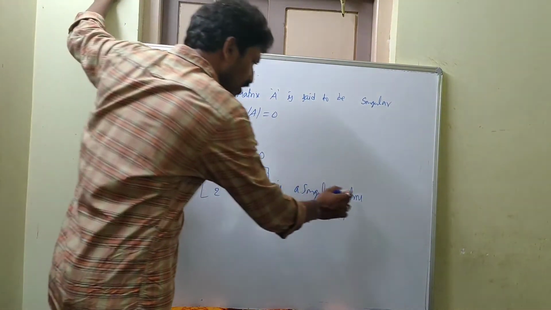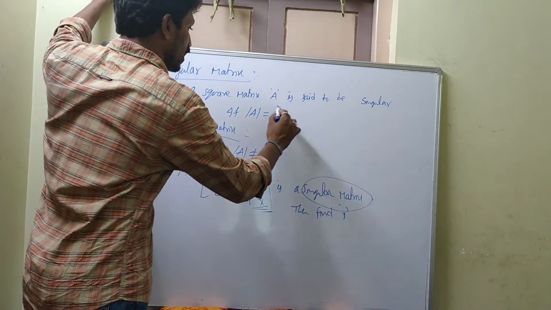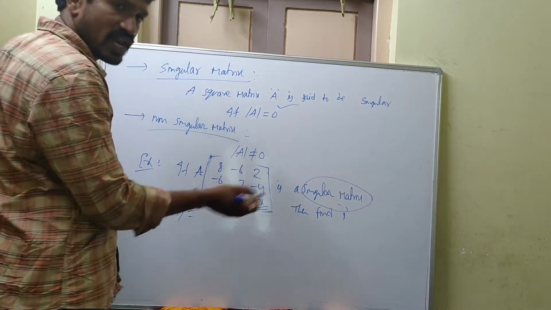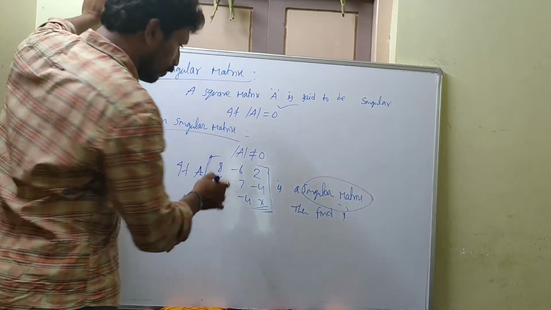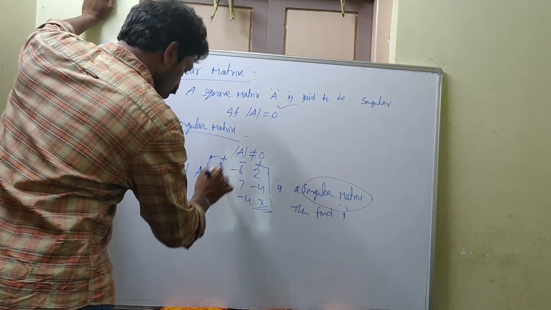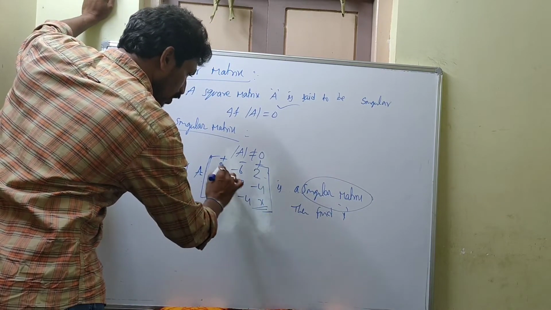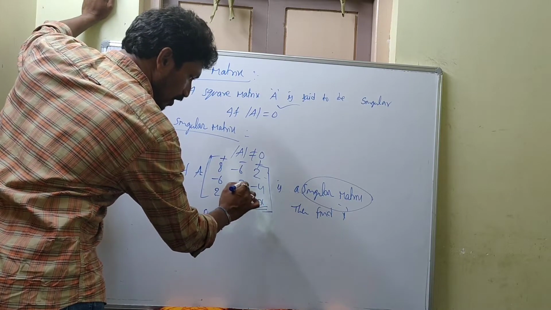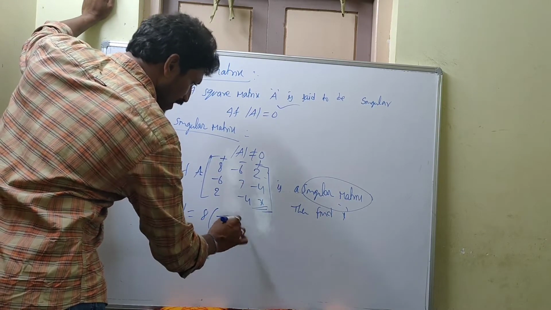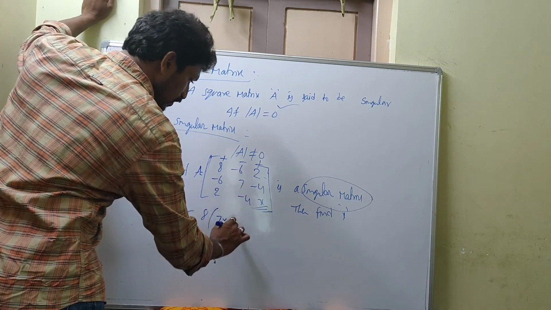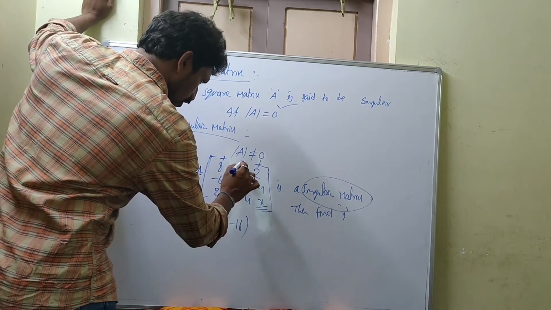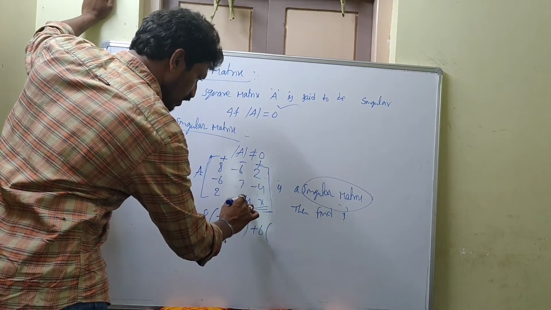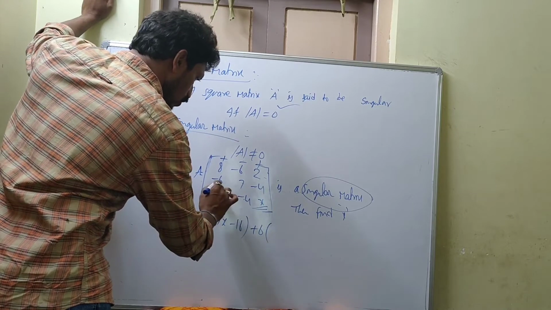See, singular matrix means, what can you say? Det A is equal to 0. So go for determinant of A. Directly you can expand with any row or column. Just you go for plus, minus, plus. So plus 8 into, leave the row and column passing through this, so what you have? 7, minus 4, minus 4, x. So cross multiplication, 7 into x, 7x, minus of minus into minus plus, 4 4s are 16. Next, here minus of minus 6, that means plus 6 you get, into, leave the row and column passing through 6, we have minus 6, minus 4, 2, x. So minus 6x.